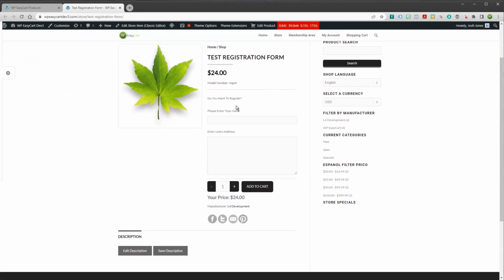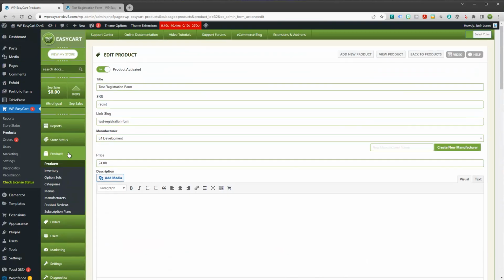So here we've got an option. It says, do you want to register? You've got a text field for entering your name and a text area for your address. You can see I don't have any options under do you want to register, so I forgot to add those. So I'm going to go back to my option set,